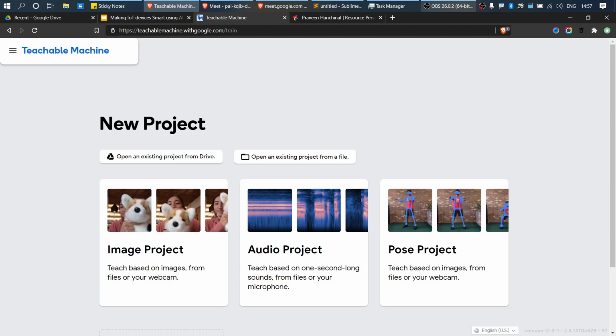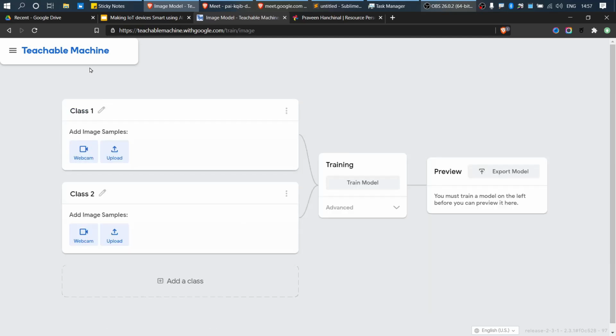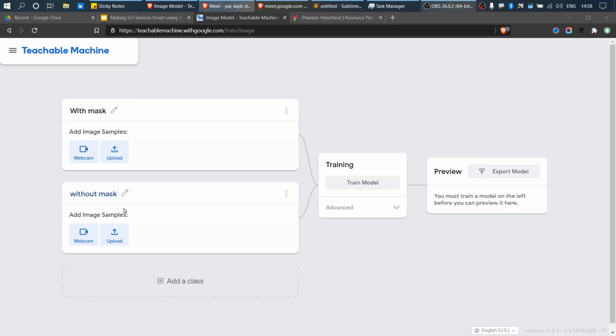Right now Teachable Machine supports audio projects, pose projects as well as image projects. Out of them I'll go ahead with an image project. Because we are trying an image project, the first thing in Teachable Machine is that we have to specify the classes. We are training it. I'll take the current scenario of Corona itself, and we will identify persons with mask and without mask. Very simple example. We can upload images, but right now I'll try the webcam itself.